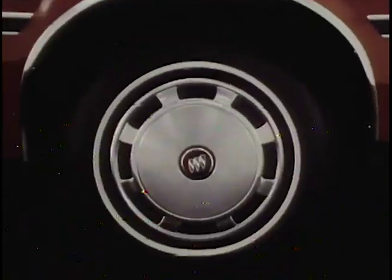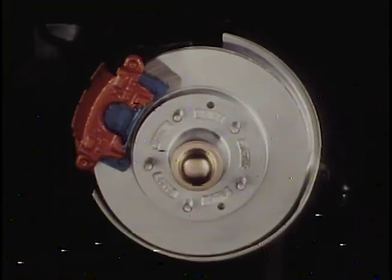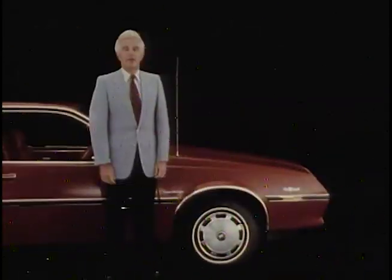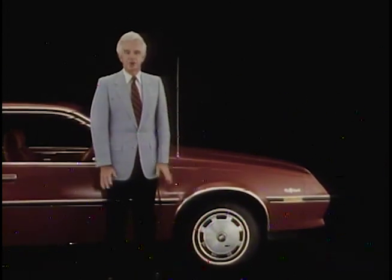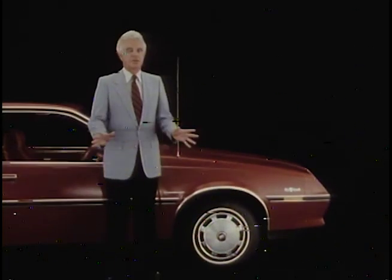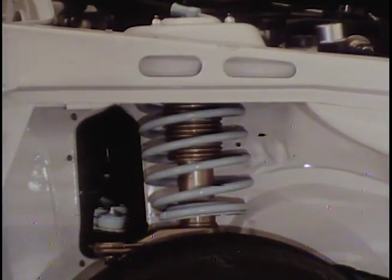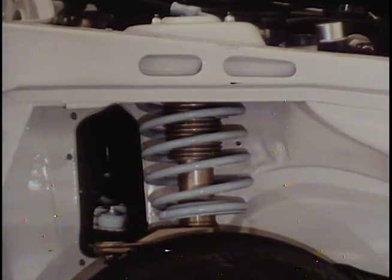These power front disc brakes are standard and are equipped with retracting calipers to decrease rolling resistance even more. They also incorporate an audible wear indicator which generates a chirping sound when the brake pads need replacement. Another thing you just don't have to worry about. One of the fringe benefits of Skyhawk's front-wheel drive is McPherson strut front suspension. It helps give you a smooth ride and great road feel, which makes driving the Skyhawk a lot of fun,